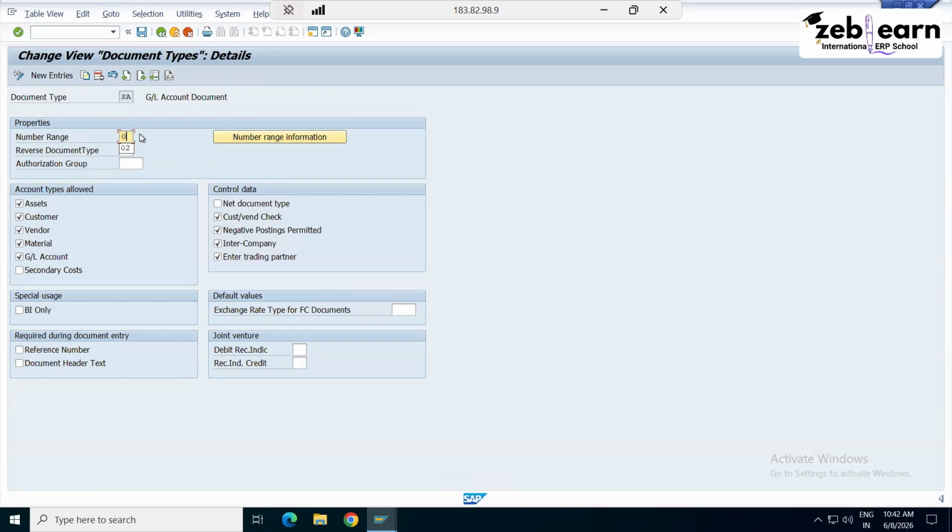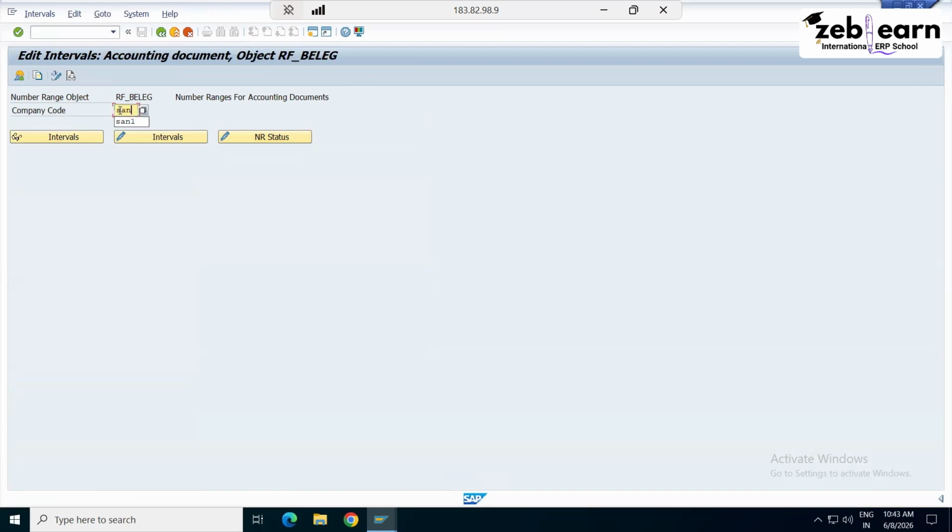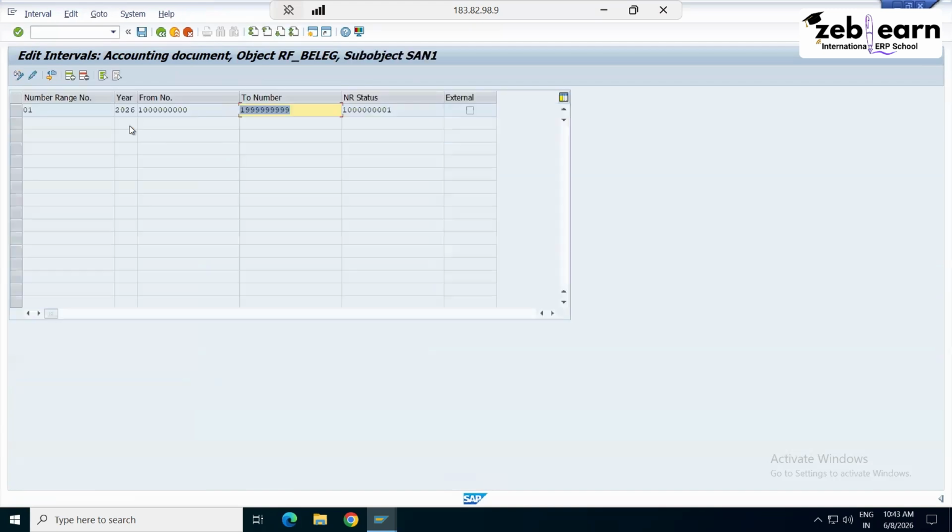So if we enter 02 here, no wait, let's keep 01 only here. And if you go here, company code SAN1 intervals, 01 is already there. Yes or no? You can add 02 also from here. Can you see? Insert line 02. You go plus, you can write 02, enter 2026, and we'll go here. We can start from 2. Then enter, and then